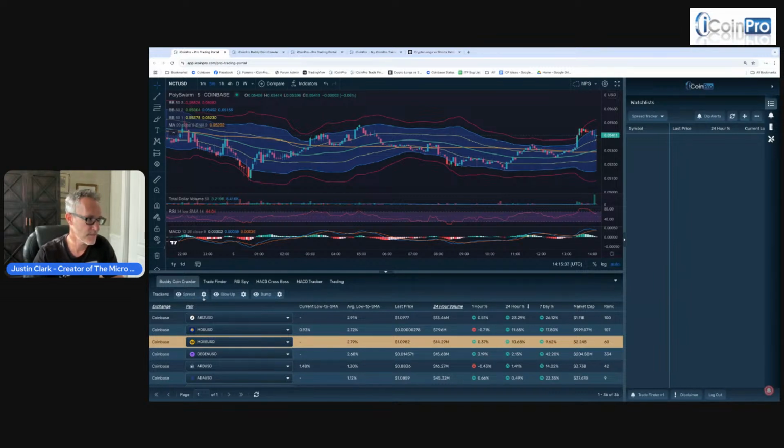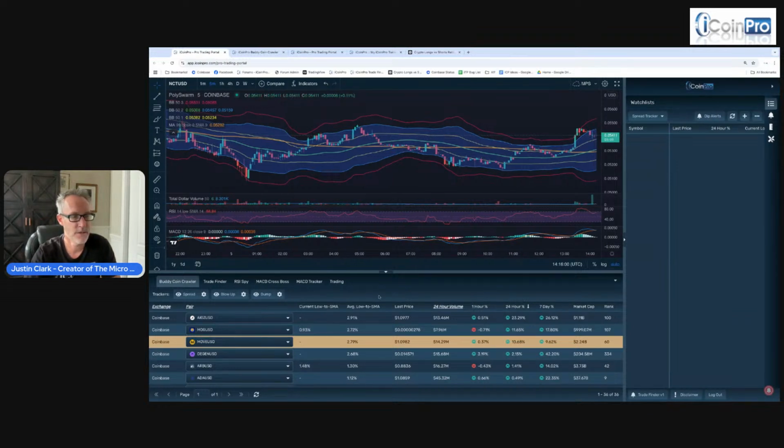So I'm just going to let our spread tracker, which finds the coins that are dipping and have good volume and are ready to trade potentially, our blow up tracker, which tracks the coins that blow up big, and our dump tracker, my favorite one. When coins are dumping, those are the ones that we like to trade. So again, we'll just have to see what happens here and let our software do the work. Otherwise, I'm just going to go about my day and not even worry about it. We'll see if anything happens today. It's a weekend. Usually, the weekdays have higher volatility due to more traders being on deck.